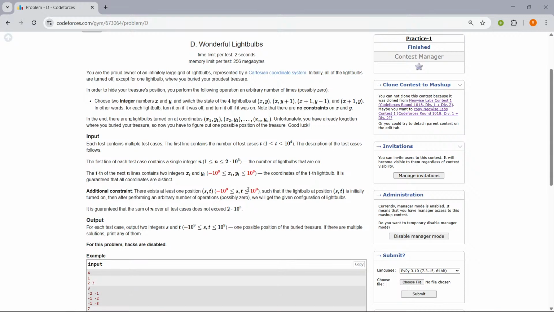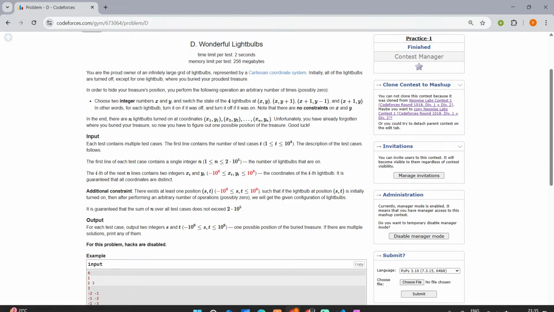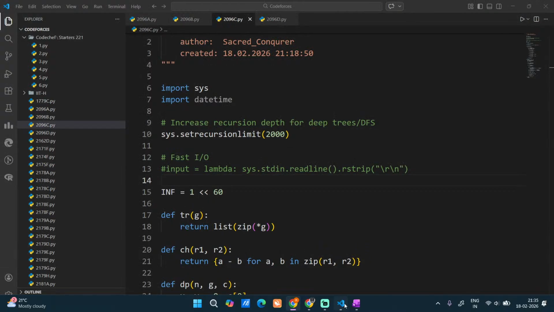So we have two instances of x plus y and two instances of x plus y plus 1. XORing these together gives 0. Therefore, the XOR sum of xi plus yi is also invariant. So we just need to compute these two XOR sums. I'll go to the implementation part.